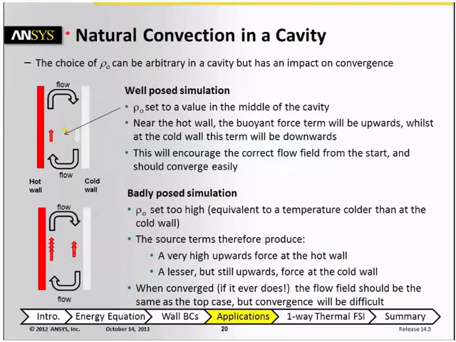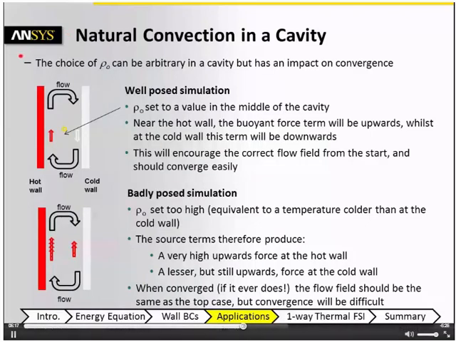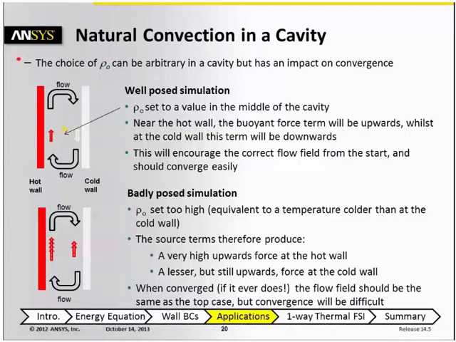A cavity is another typical natural convection system. In a cavity there are no pressure boundaries, so in theory you could specify an arbitrary value for the operating density, but in reality a sensible choice for this value can help with convergence. The situation is shown here on the left, where we have a cavity with a hot wall and a cold